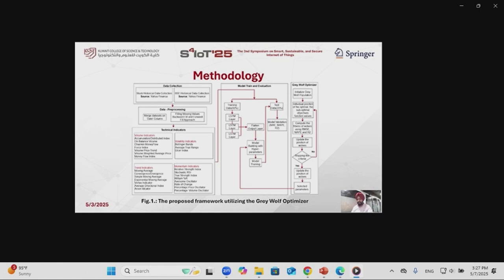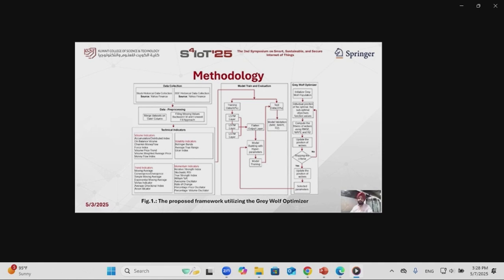The model training actually came from the Grey Wolf optimizer, where we used 10 wolves, and on the basis of that, we compute the RMSE, MAPE, and R2 score, the coefficient of determination, and accordingly we update the position of wolves. Once the criteria match, we forward those parameters like batch size, epochs, learning rate, dropout, and the number of layers. We forward those selected parameters to our model training for hyperparameter tuning.